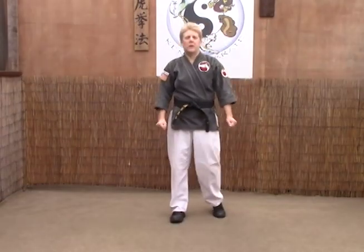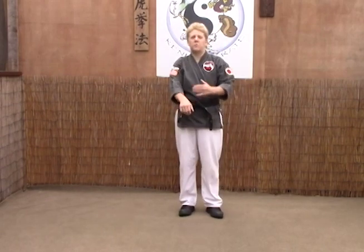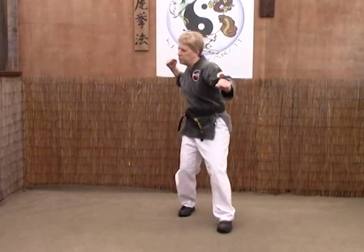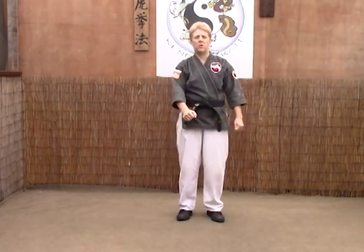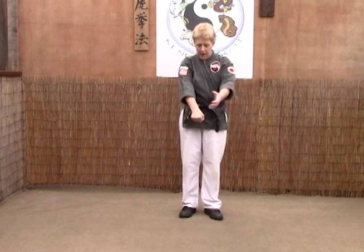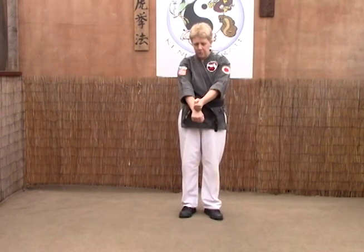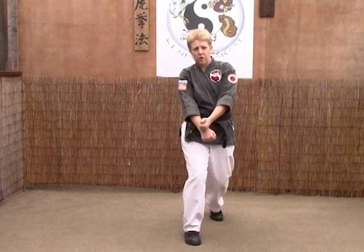The next technique we're going to look at is rocking elbow. This is for a straight arm wrist grab. Now once again, remember, if someone's grabbing your wrist, chances are there's a punch coming. Even though the technique itself doesn't call for defending against the punch, always keep that in mind. And with that in mind, as they grab, since we know there's probably a punch coming, what we're going to do is we're going to counter grab the wrist, and we're going to step into soft bow and push up